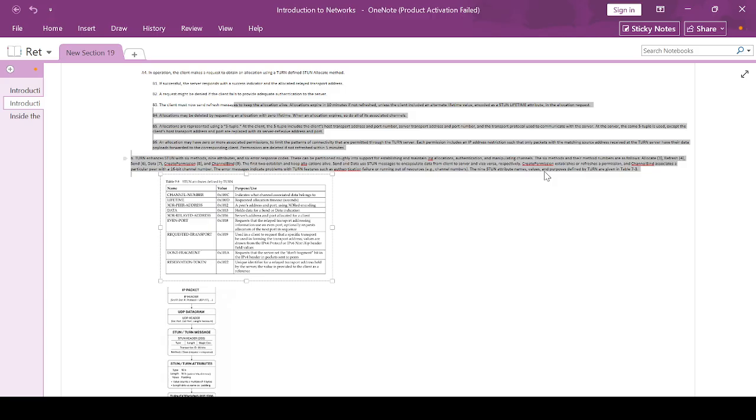So the first two, the allocate and refresh, obviously keep it alive. It will send a refresh within 10 minutes and 5 minutes, and that's a client to server request. And send and data use STUN messages to encapsulate data from client to server and vice versa. So it is actually derived from STUN messages to encapsulate the data from client to server. Create permission establishes or refreshes a permission. So create permission